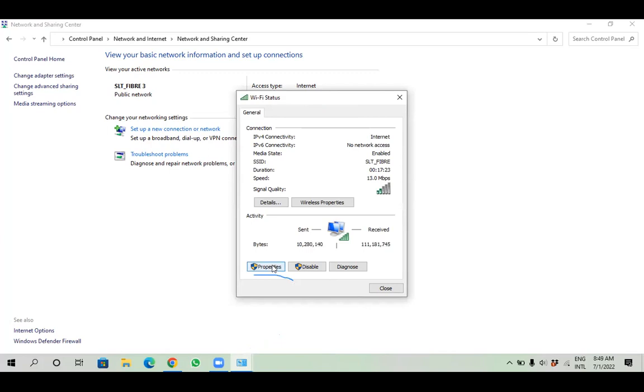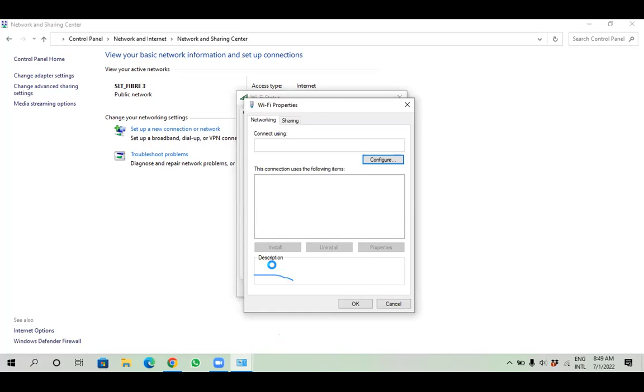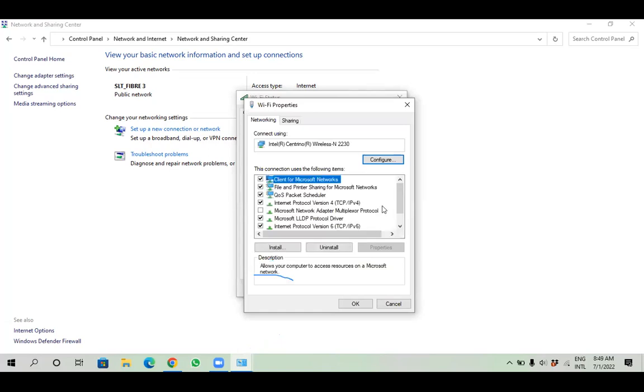Then you get another screen with different settings, and you have to select IPv4 settings, the fourth one, after QoS, Internet Protocol version 4.